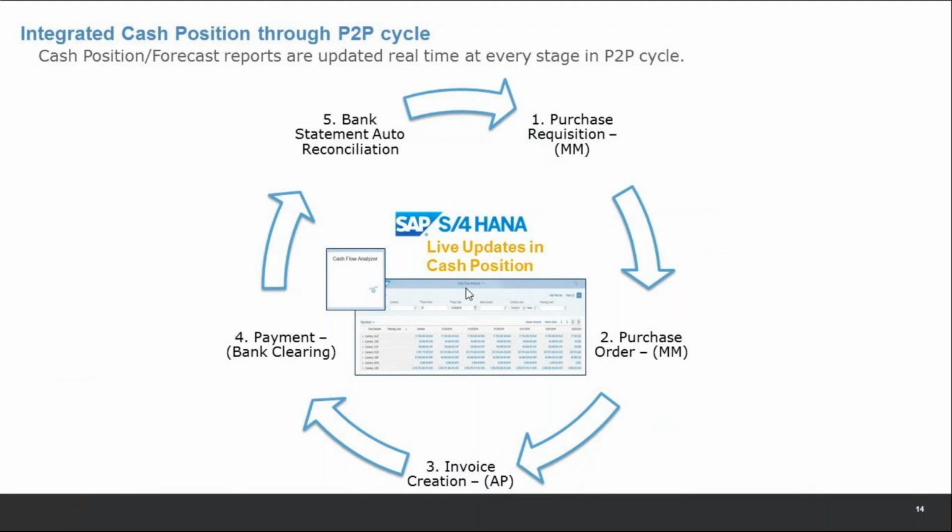How from FP60 you consider from third, fourth, fifth, how the data is updated in cash flow analyzer in real time. It's all real time. As soon as the data is created, it gets updated. There is no delay at all, it's real time. No reports to be run, nothing to be done. There's one background job that needs to be scheduled, that's event triggered, that will take care of it.